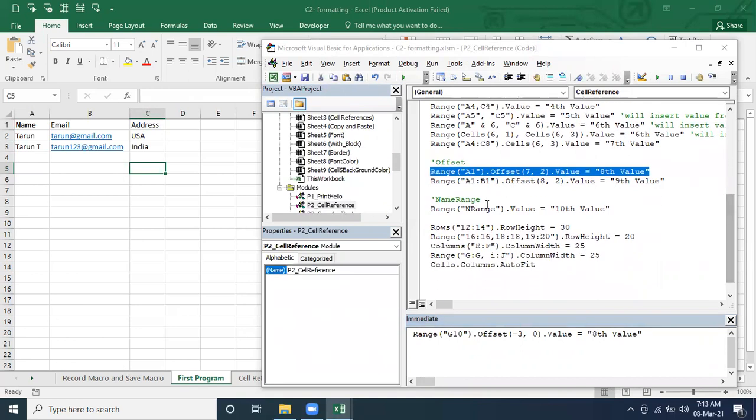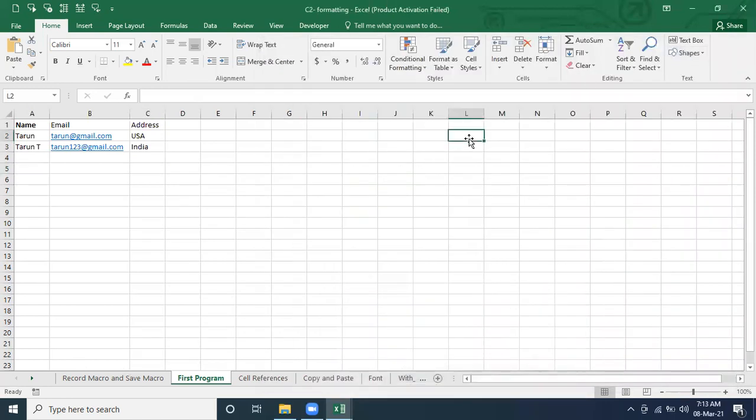So don't forget, I already defined named ranges. If you have defined a named range and you want to pass the value to that named range, instead of declaring the range A1 to C2, you can use the name. How to create that name is very easy. Let's say here I am going to define this range. So we have to select from L1 to L10. This is the one. Then we have to go to the reference box, and there we have to define nr.